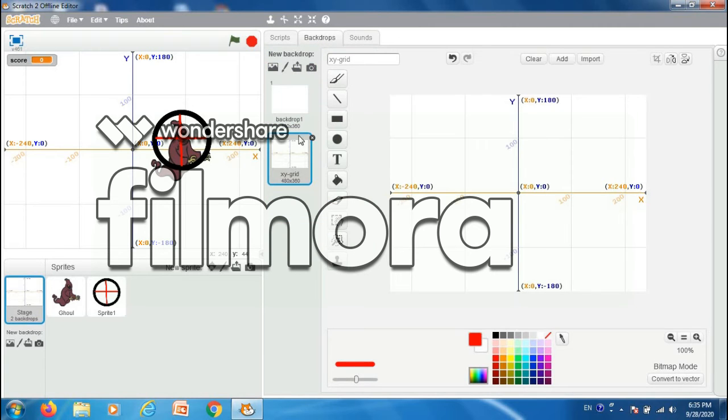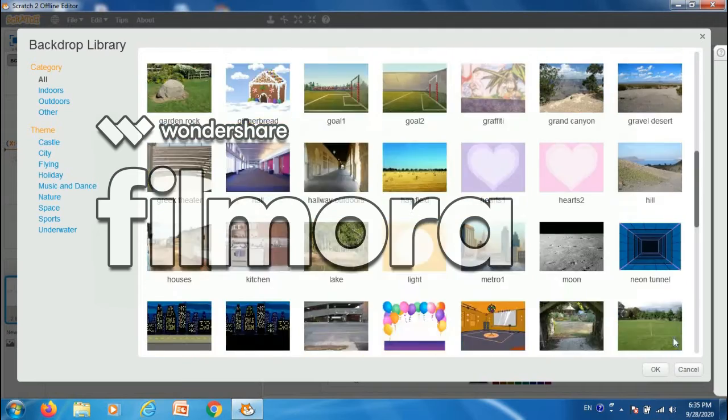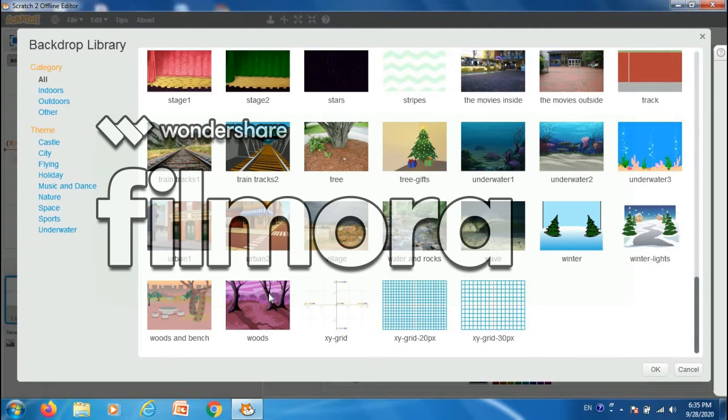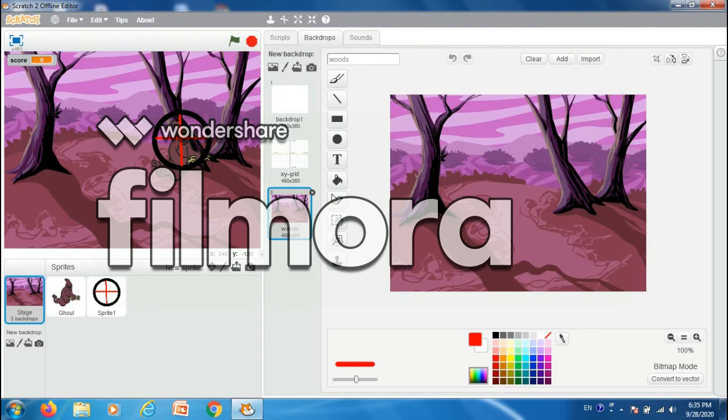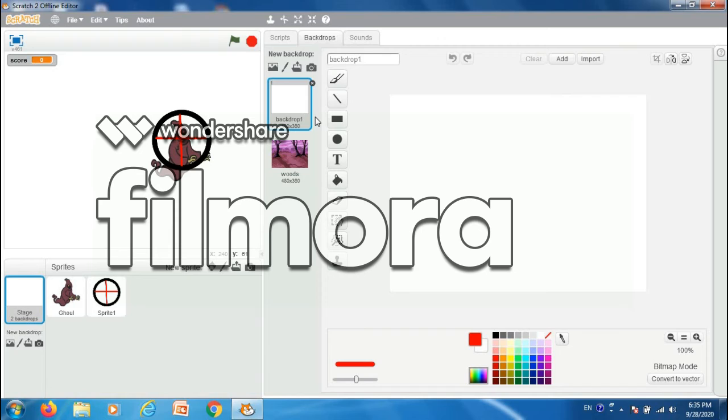Then go to the backdrop. Now we don't need this XY grid, so we will choose a horror background like woods. Now we will delete this XY grid. Now we have to paint this backdrop 1 with game over. Go to the text. Now we will select this text.